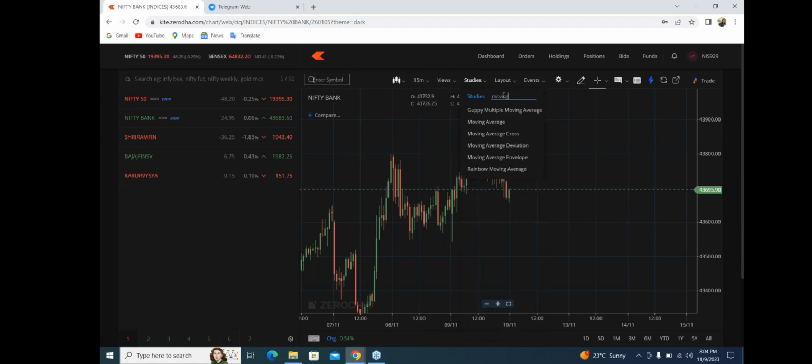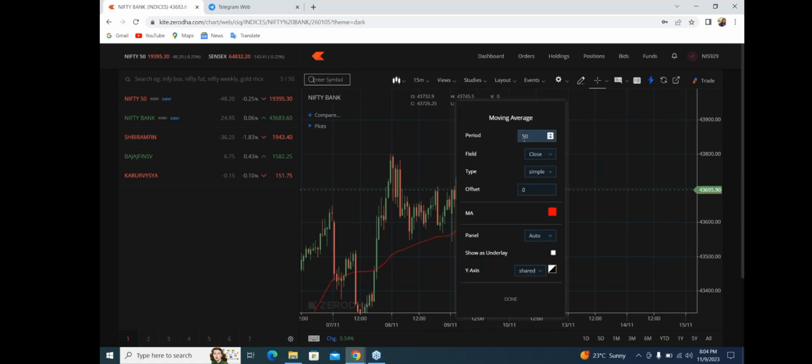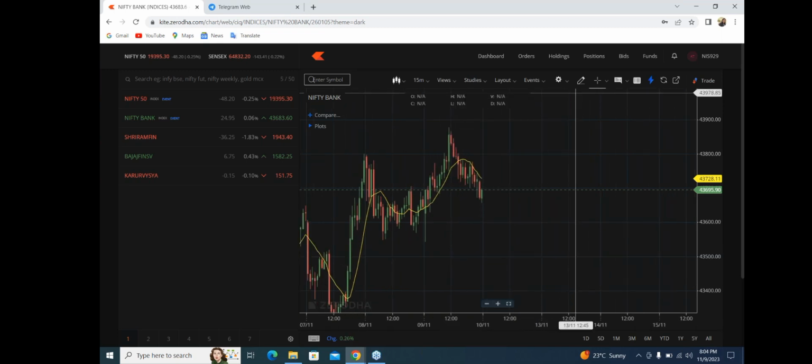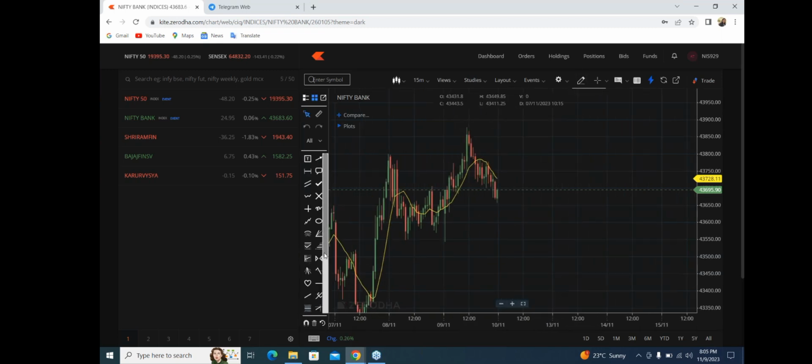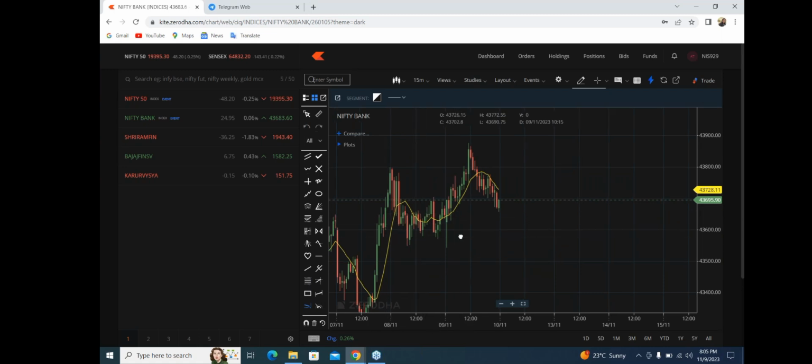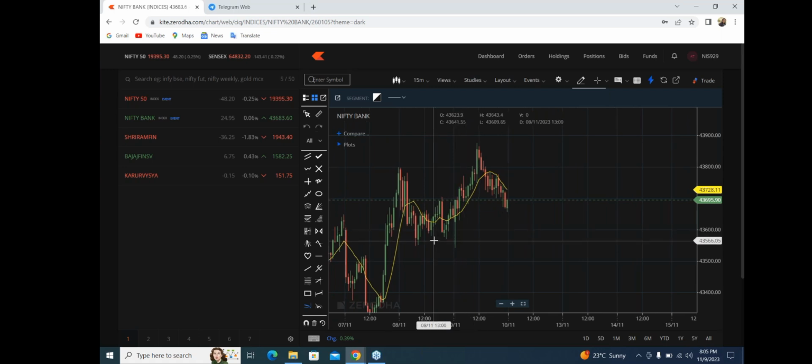moving average. The first indicator that we discussed is 10 SMA, that is 10 simple moving average. Yes, Lataji, I'm very happy. So according to 10 SMA, what is the simple method to identify the trend in the market? If candles are above 10 SMA, it's bullish. And if candles are below 10 SMA, it's bearish. But if you want to identify the sweetest point where it's,